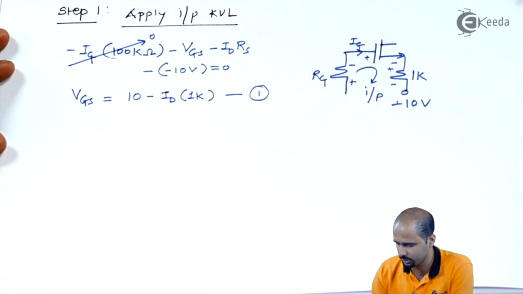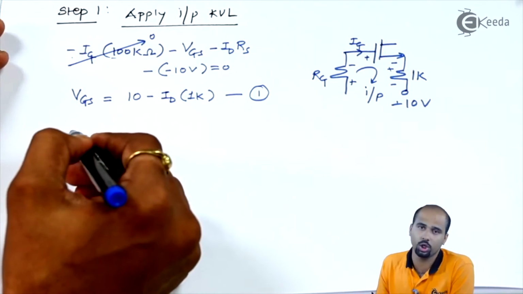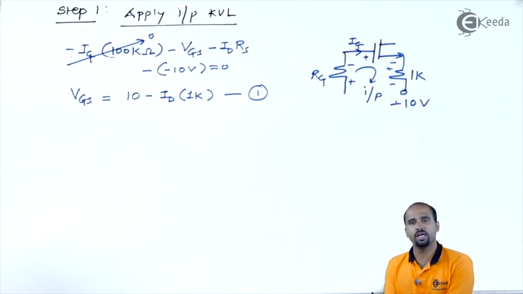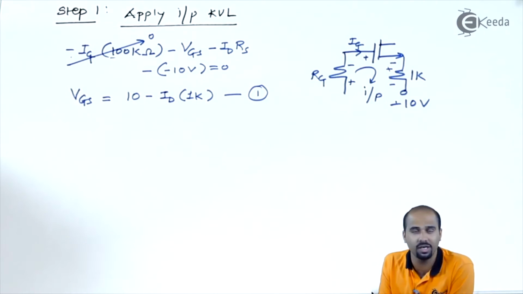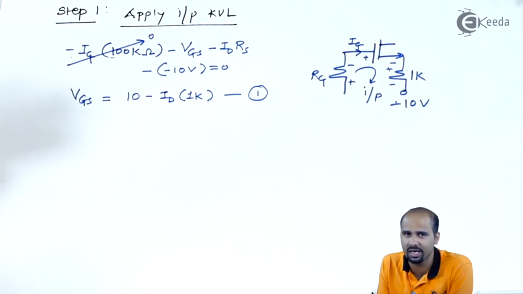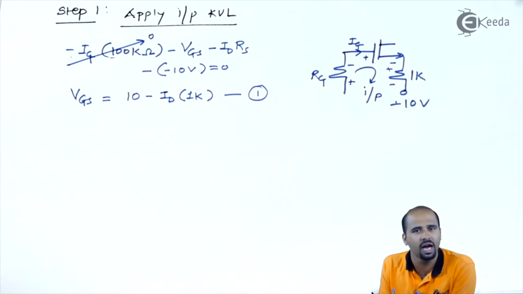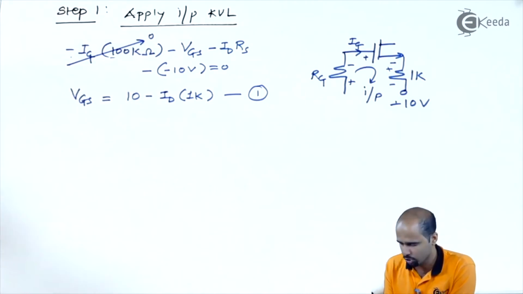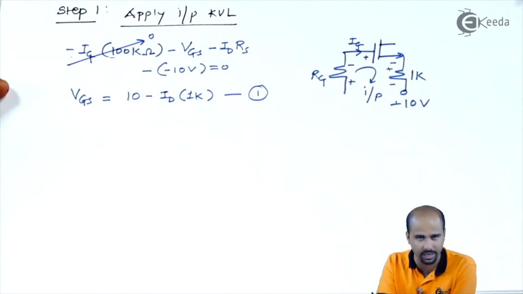Let's proceed further to the equation of the enhancement type of MOSFET. Here we have to decide which equation I have to take, whether the linear equation or the saturation equation, right? Here we will take the saturation equation, assuming that the circuit is acting as an amplifier, because if the circuit is acting as an amplifier, I have to use the saturation region, where the current equation is Kn into VGS minus VTH the whole square. First of all, we'll have to assume that.